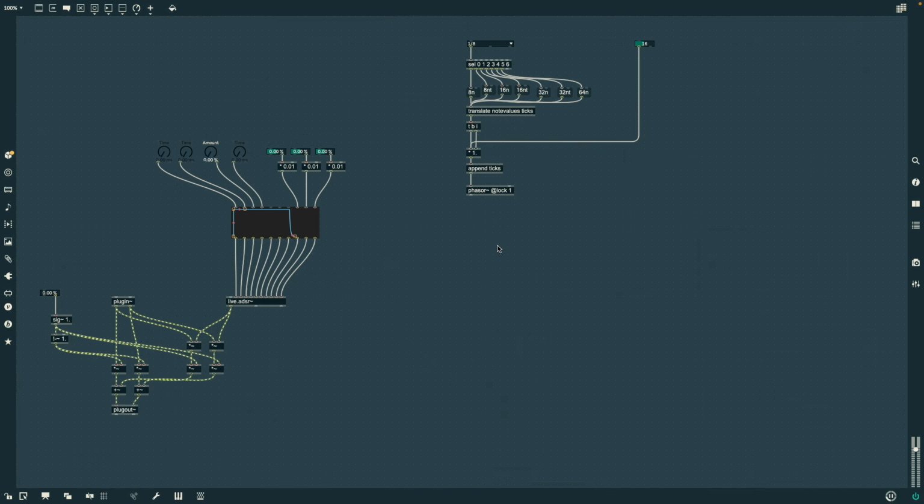Since our master phaser now has the length of our whole sequence, we need to subdivide it by the amount of steps again. So we use the subdiv object and connect it to our step count right there. So now our master phaser is subdivided into 16 equal subphasers, which we're going to use to